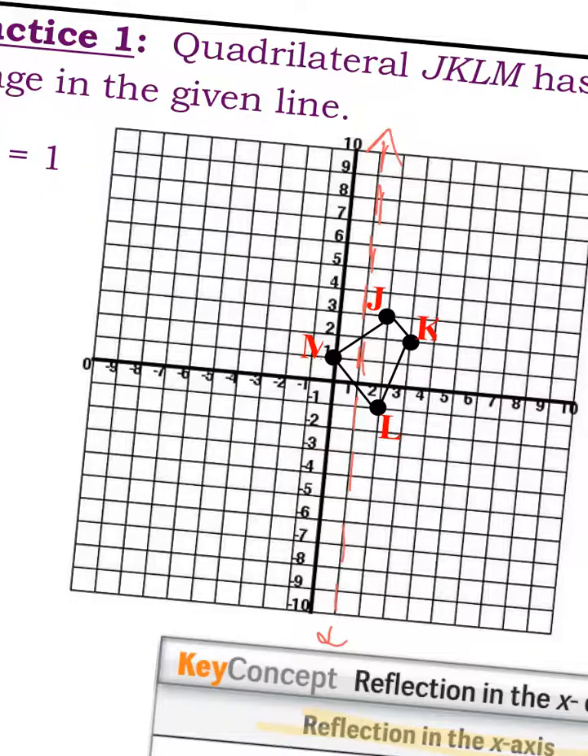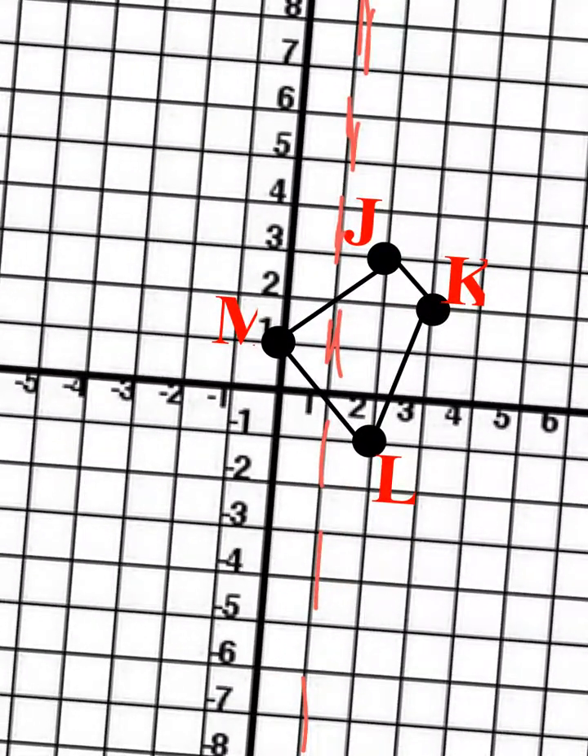The easiest way to reflect is to just count. Remember, these are going to be perfect mirror images. So J is one spot to the right, so J prime is going to be one spot to the left. To say something is prime, I just put a little apostrophe by it, and that's what we call the prime. That denotes the image. Okay, so K is 2 spots to the right,